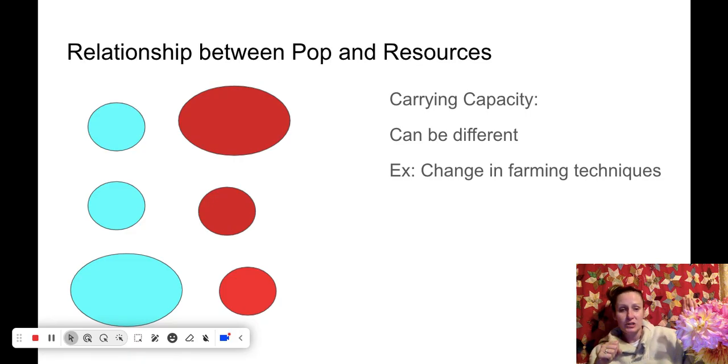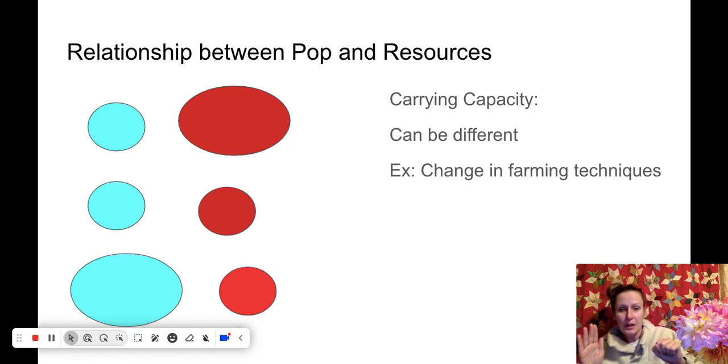So if you have more resources than population, which is the first one, right? Then people are living below carrying capacity. Remember that vocab word, right? What is the capacity of what kind of population you can carry, right? If you have an even amount of population to resources, like you have just enough of what you need for people, then you're at carrying capacity. If you have more people than you have resources for them, very rarely is that good. That is over carrying capacity. That's sort of like, are we at over carrying capacity in some areas now? I would argue so, right?